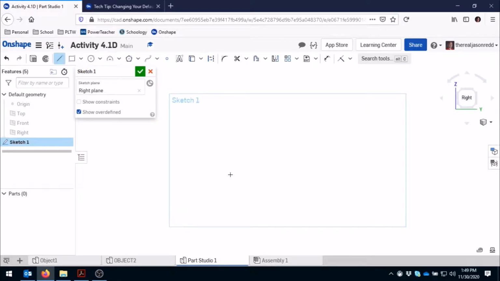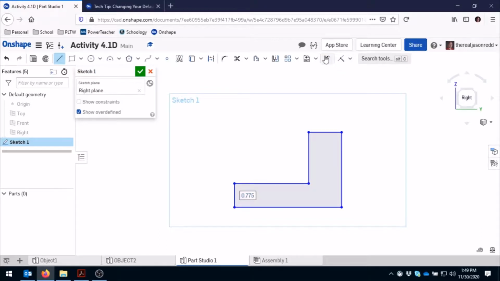So I'm going to go to line. I'm going to make a 2D sketch of the side of this object. I drew it again too short, so I'm going to delete this line, start over. So we'll go here, and it says it's 3.5, and then I go up 2.5. Again, I just want to get it close. This is about an inch. And I'm going to go down over, let it snap to the endpoint here, and then close this 2D shape